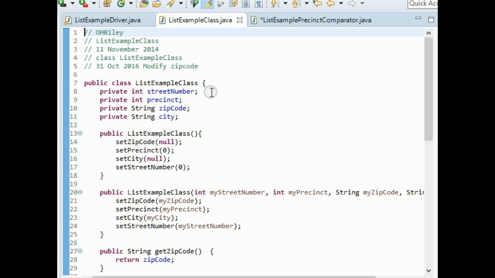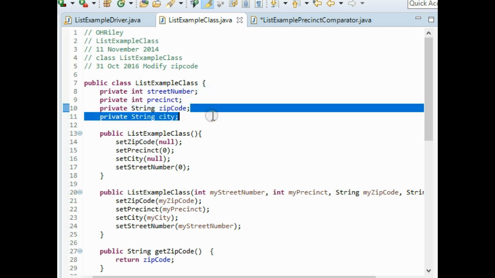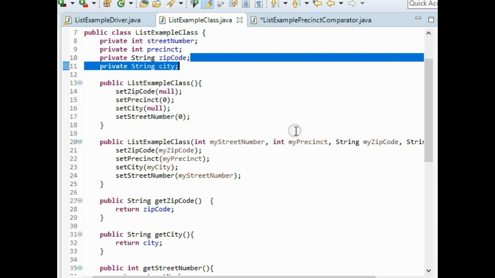This will be our well-formed class. It has two integers, a street number and a precinct, and then it has two strings, a zip code and a city. We're not going to spend too much time on this. You've seen well-formed classes before, and hopefully you can write them yourselves without too much difficulty. We have a default constructor where we call our mutators. We have a full argument constructor where we send all this information and create our object here,